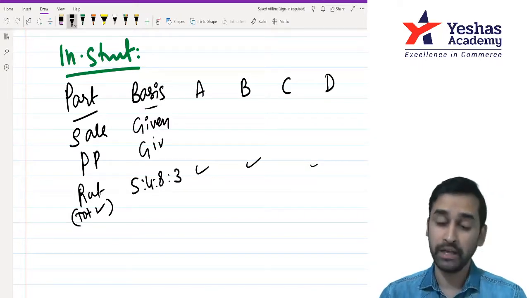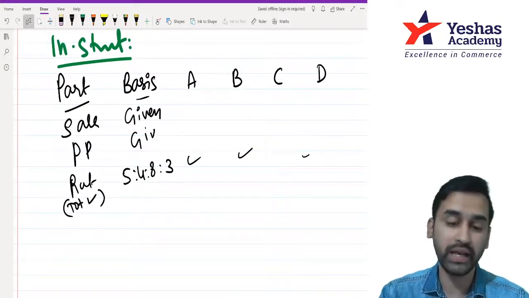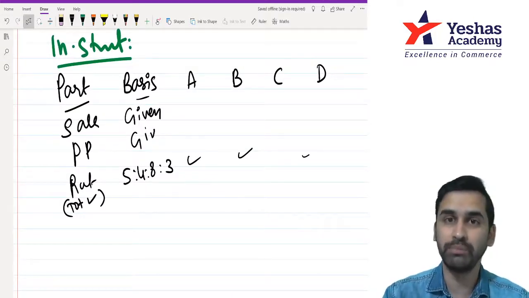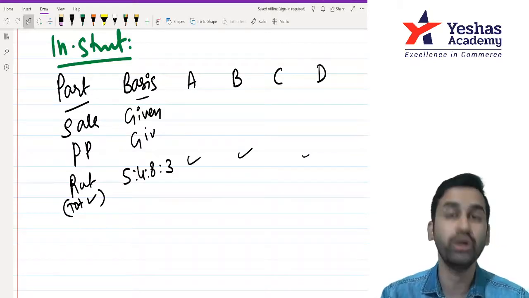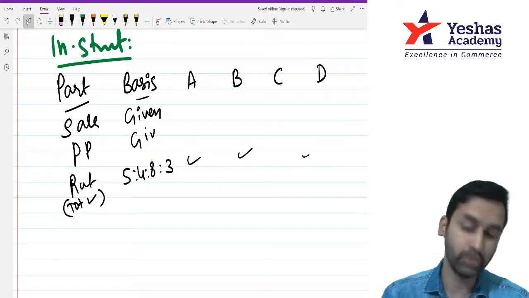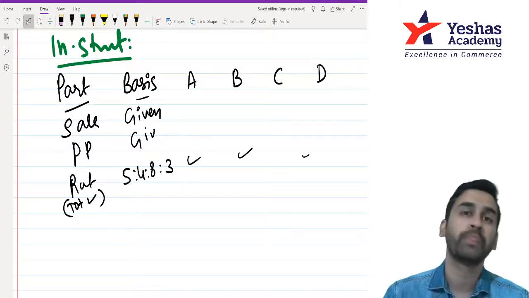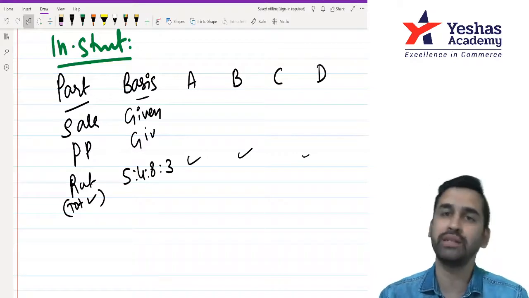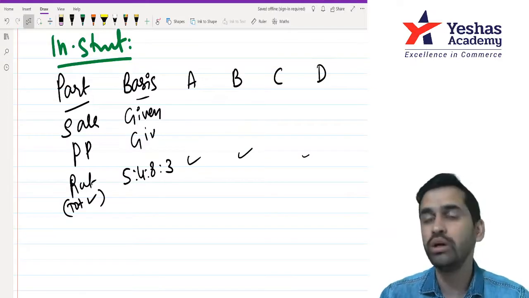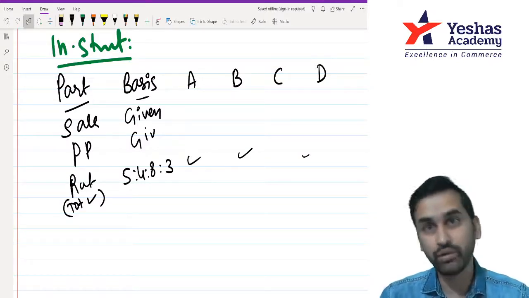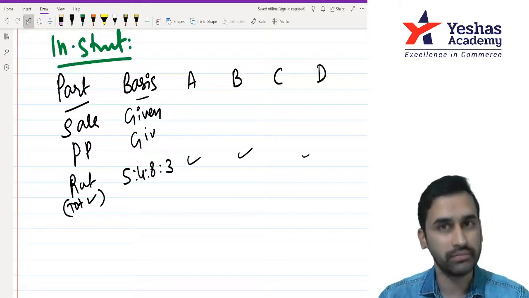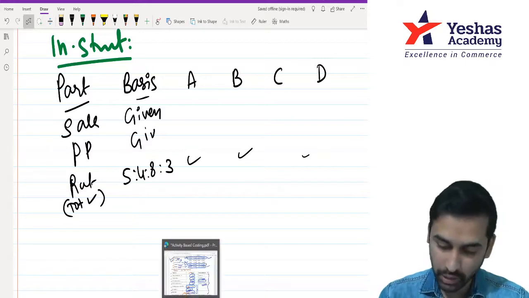Correct? Now some students might say, sir, this looks more like our overhead allocation and apportionment: production department, service department, P1, P2, P3, S1, S2, rent in area ratio. That means you know how to present the answer. Correct? So though it is an activity based costing chapter question, it can be asked even under the overhead chapter. Got it? So we can present it in ratio. There is no compulsion that you have to have the ABC rate working note just because the question is under activity based costing. Clear?